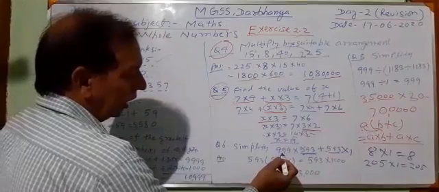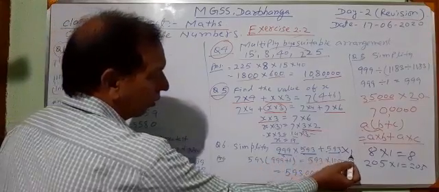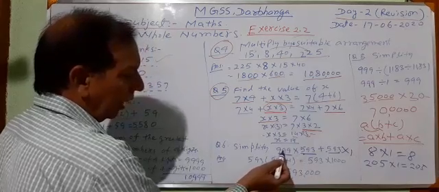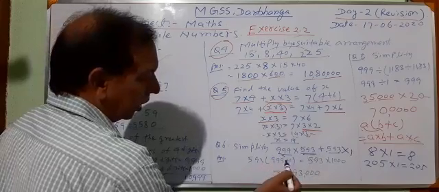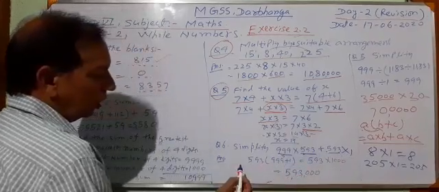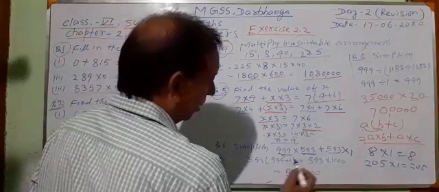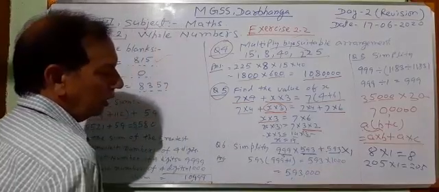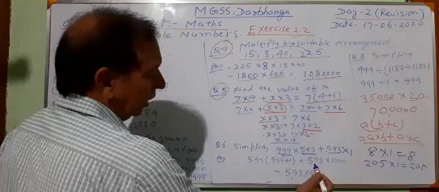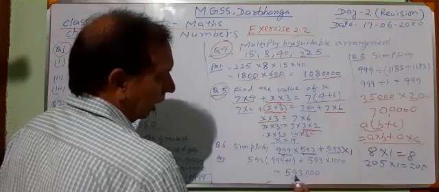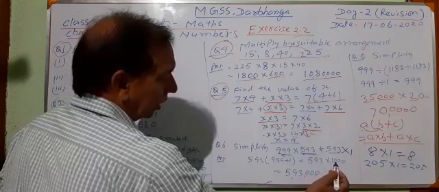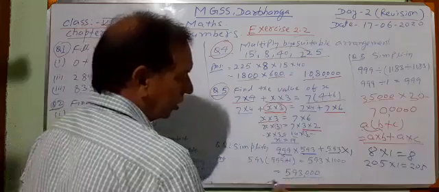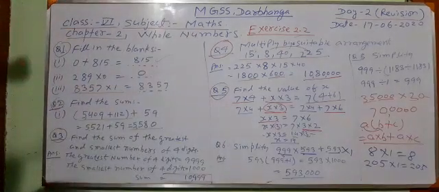593 will be taken common. Then what is left here? 999 is left here and 1 is left here. Then 593 we have taken common. Now write 999, then this plus and then this 1. This is equal to 593 multiplied by 1000. Here 999 plus 1 is equal to 1000. And when it will be multiplied, simply 593 multiplied by 1. We have written 593. And then there are 3 zeros, 1, 2, 3. We shall put 3 zeros, 5,93,000. This is the answer.